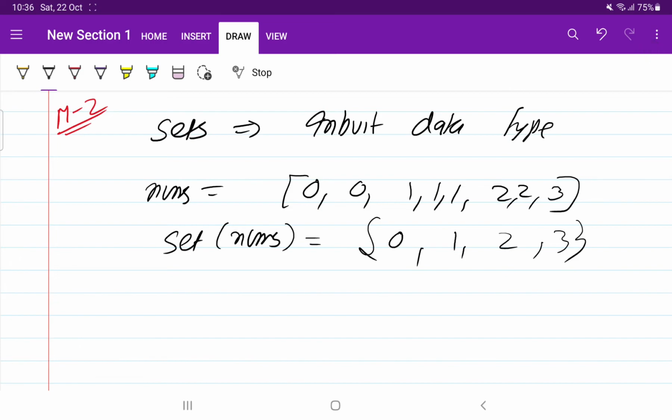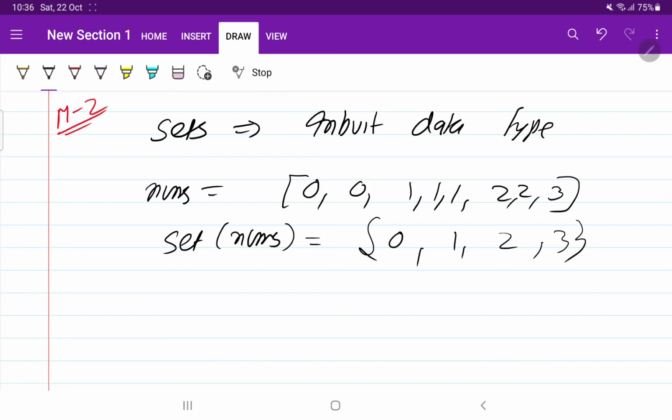What does set do? Set removes all the duplicates if they exist. Set only has unique elements. Perfect. So this is the thing that we can do. It is a direct approach, because we want to remove the duplicates, so we have removed the duplicates, right? But set gives the output in this format, in curly brackets, and we want to return the output in list format.